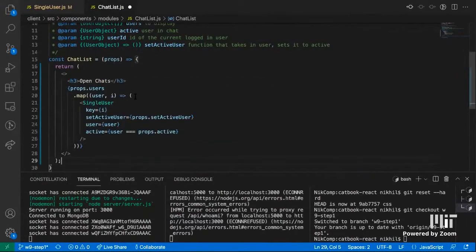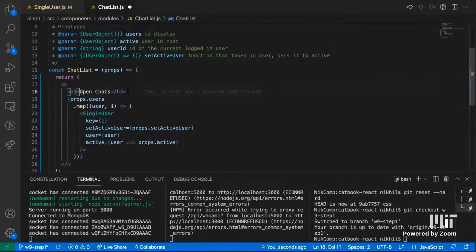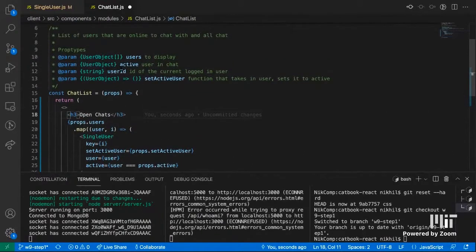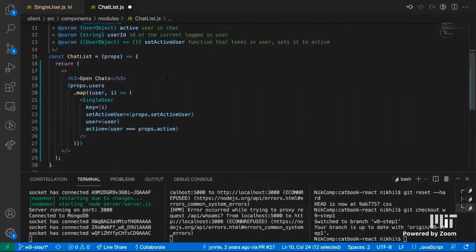So I'm just going to copy this in for you. Here we can see that we have a little header. And then for each of the users that are passed in, this users prop, you can see here, is described as an array of user objects. And so for each user object, we're going to create a single user. And we're going to pass in,